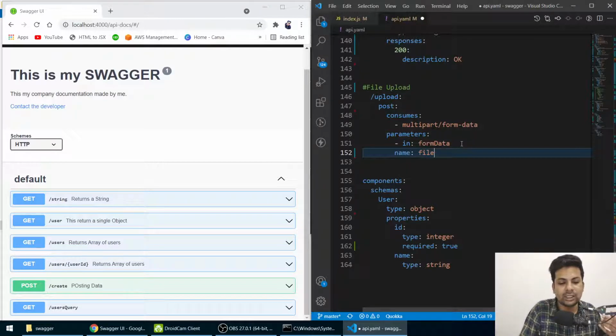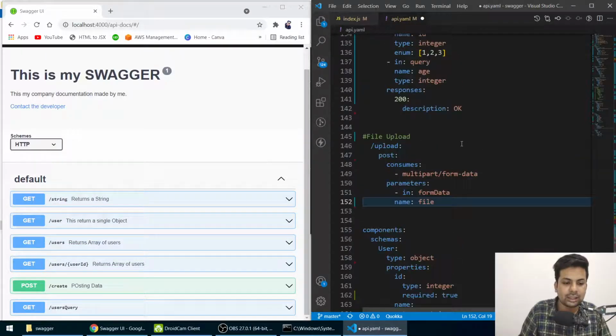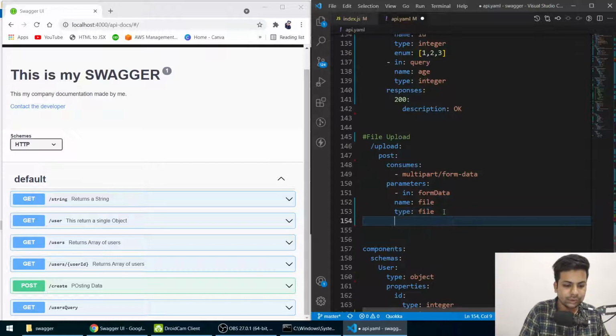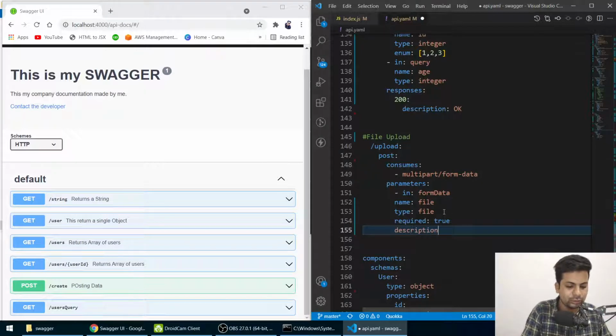Like here I gave the name as age, or here id, so here the name should be file. Type will also be file only, not string or anything else. Required, and we'll make it true. Okay, and if you want to add a description, you can add description also. File upload.